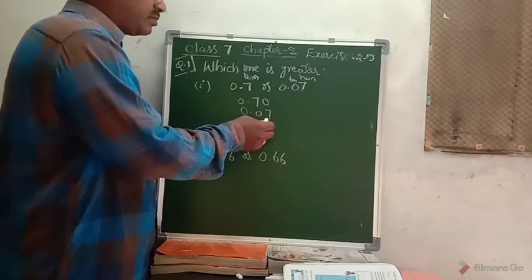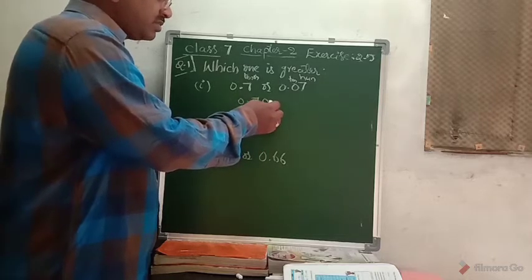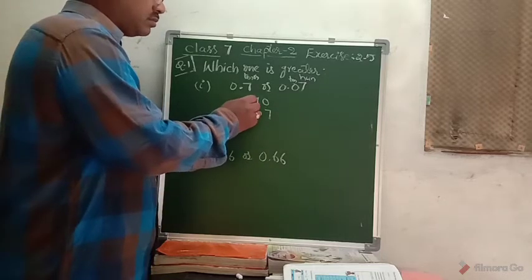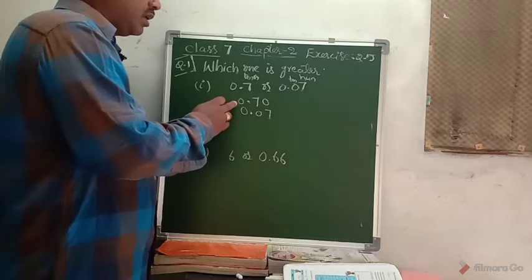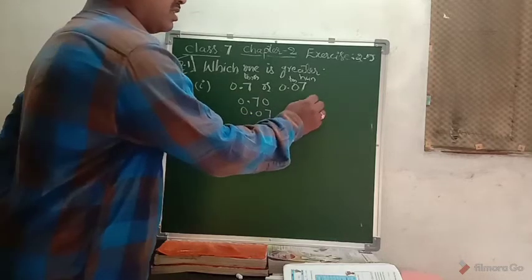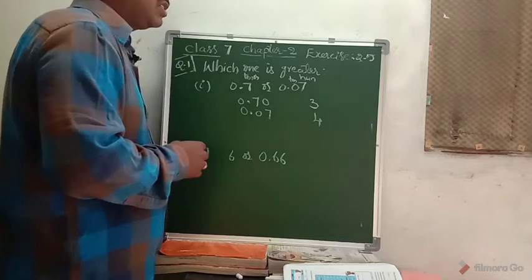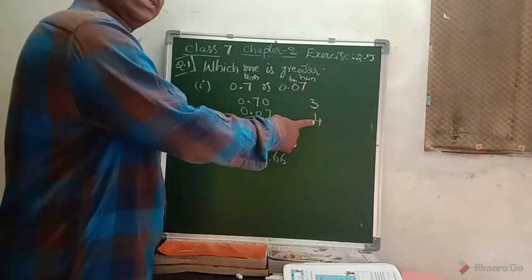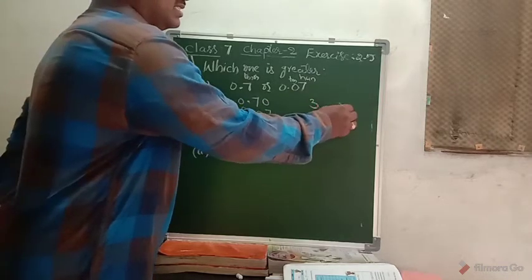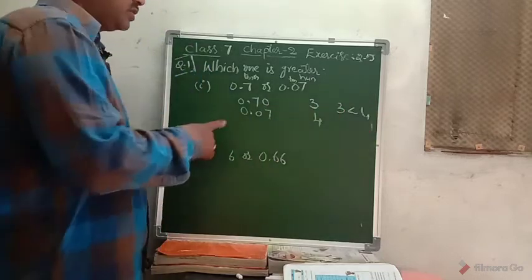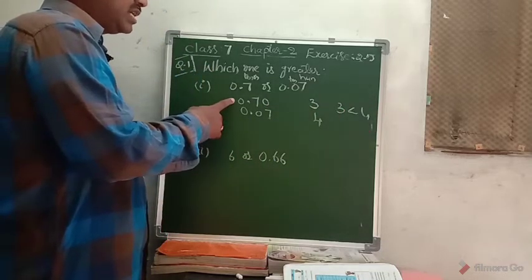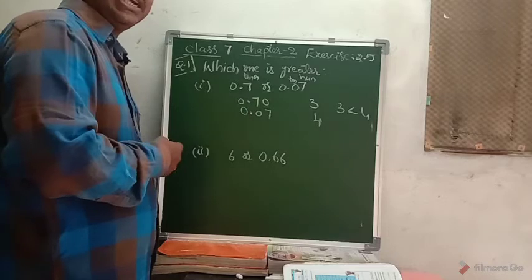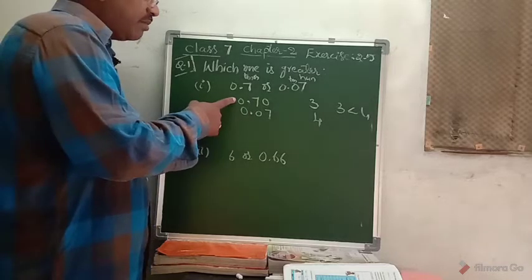Okay, compare them. First, 0 and 0, 3 and 4. These are the whole numbers. We can easily know that 3 is the smaller number and 4 is the greater number. We can write 3 is less than 4. So for decimal numbers, the number which has the greater whole number is the greater decimal number. Here, when we compare the whole numbers,